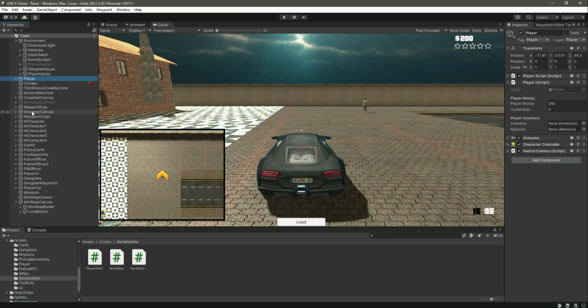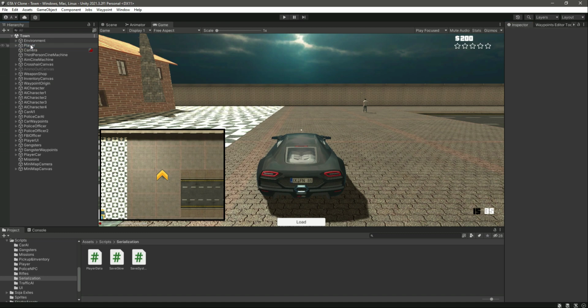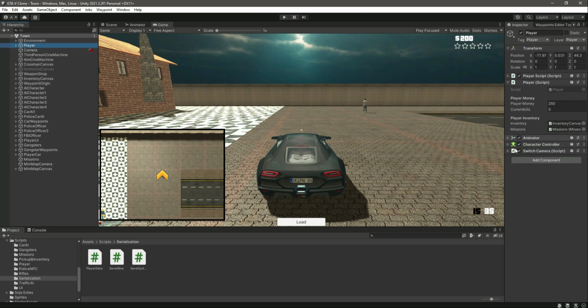So if you click on player, let's drag and drop the inventory canvas right there, and for the missions, let's drag and drop this missions game object, and it will select the missions from there. That is it. It was due to that because we didn't add the references. Now if we play the game again,